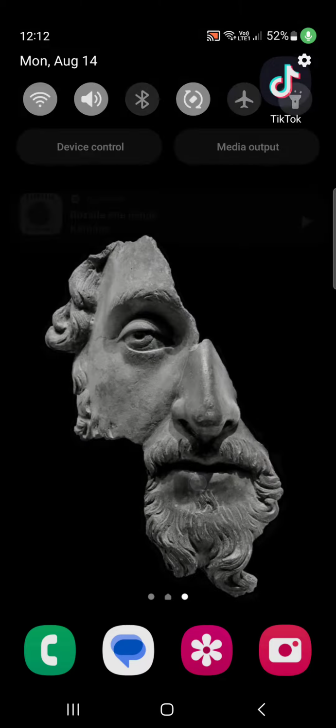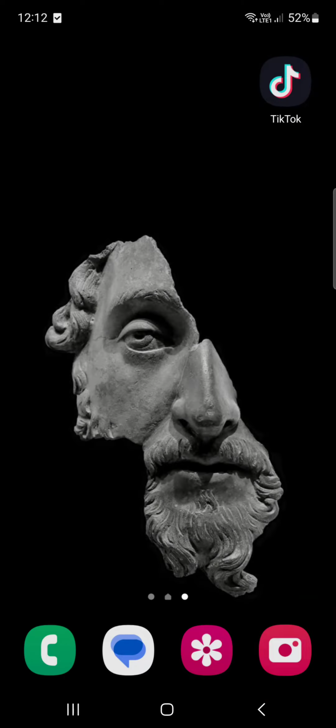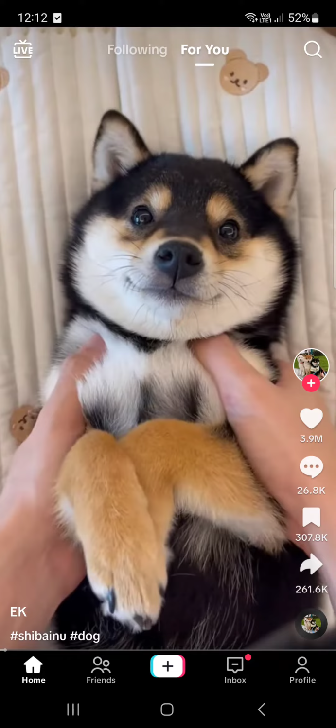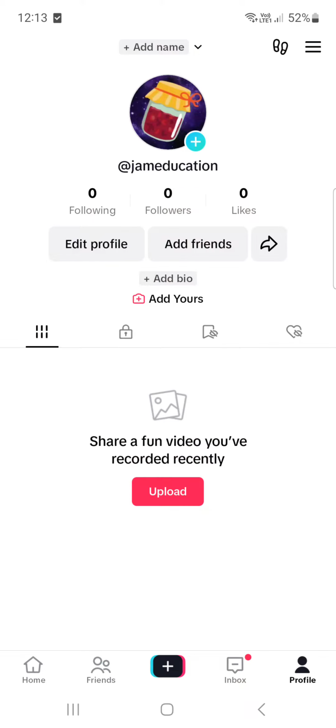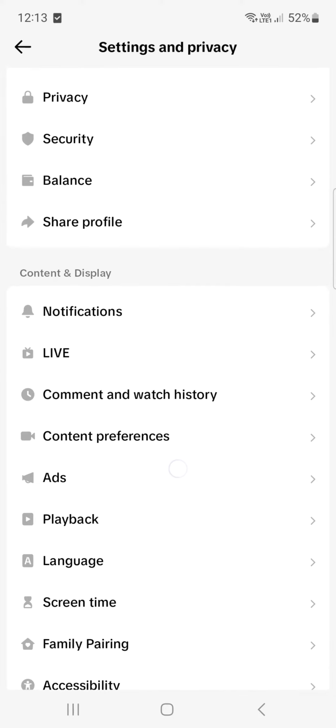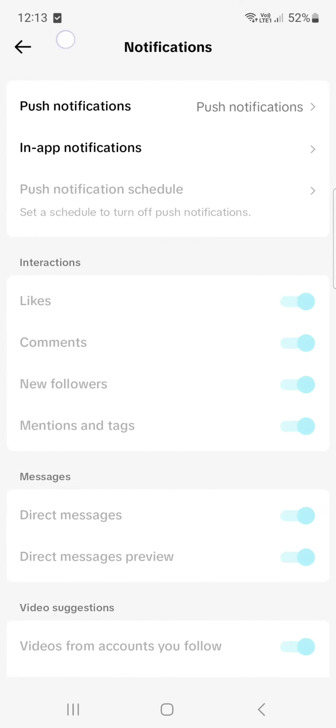So without further ado, let's just jump right into it. First we have to open the TikTok app. Here it opens up in the home menu, but we have to go into the profile menu. Here in the profile, in the top right corner, there are three lines. We tap on those. Go into settings and privacy, and here in settings we can tap on notifications, and here on the top there's push notifications button. We tap on that,